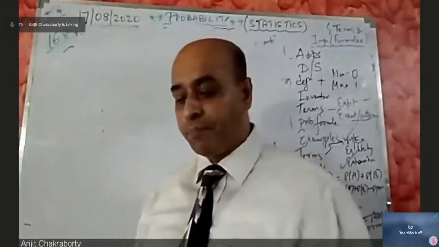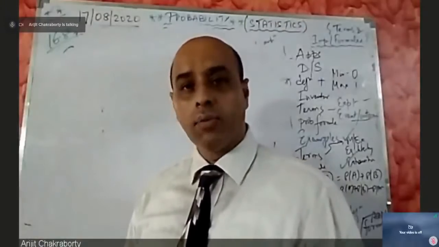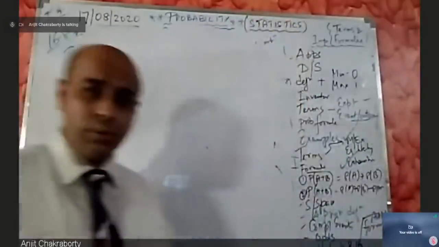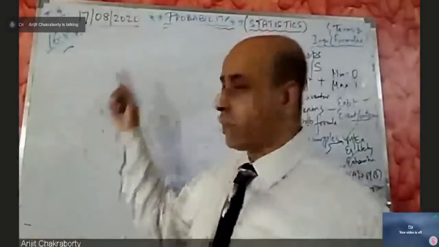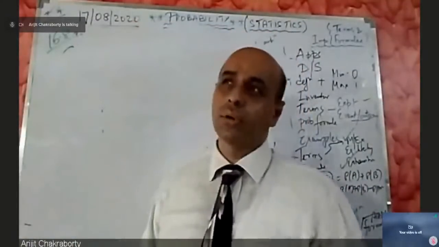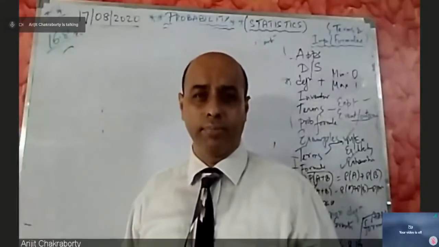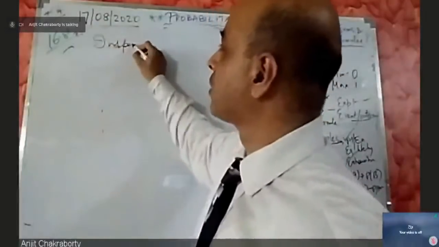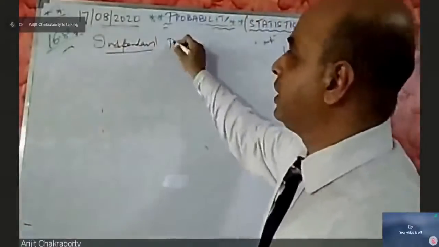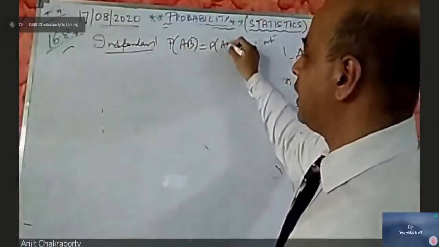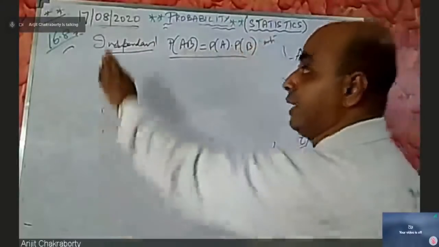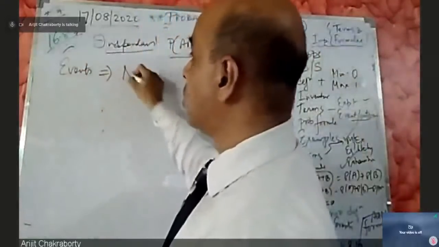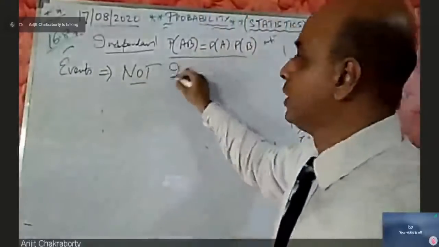Now we come to the second case, and that is what happens in case of dependent events. For events which are independent of each other, we saw it's a product. Now let us see those events where there is some dependence. They are not independent. They have some connection in between. For purely independent events, P(AB) is equal to P(A) into P(B). Please remember, that is for independent events. But for events which are not independent,